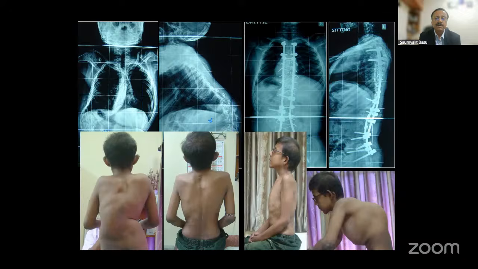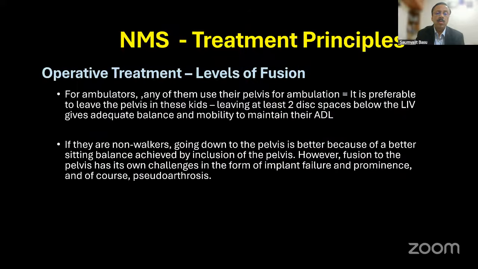His balance on sitting was excellent after the surgery. He enjoyed this surgery for 7 years and ultimately had a wound breakdown. This is a patient with multiple skin problems and ultimately had to take this implant out after 10 years. If they are non-walkers,